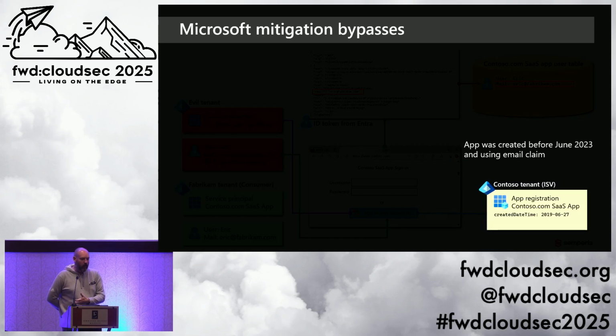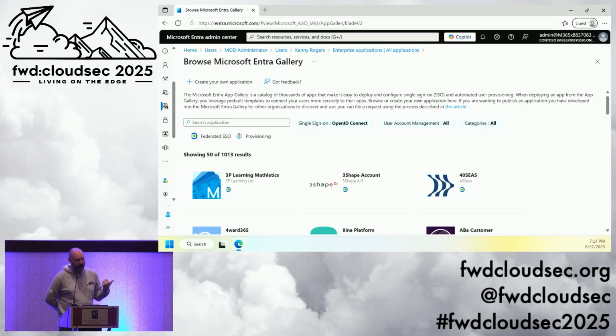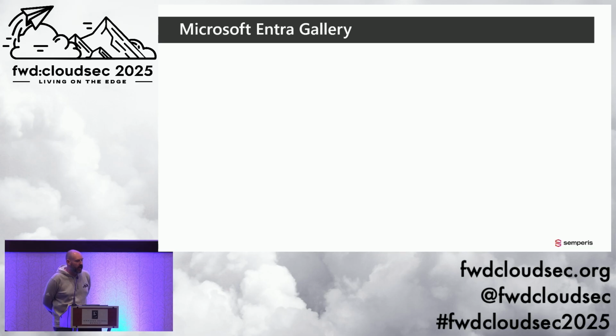So, when we were trying to find applications to research for potential vulnerability to nOAuth, we looked at the Entra gallery. The Entra gallery is this sort of dumpster that exists for easy integration of applications with Entra ID, and you can filter by OpenID Connect and basically get all the applications that are multi-tenant. But these are only the ones that ISVs asked to get put into this. So this is only a fraction of all the multi-tenant applications out there. Vendors basically have to apply to get put in this gallery.